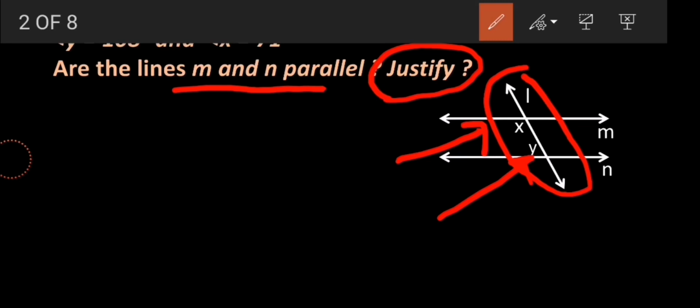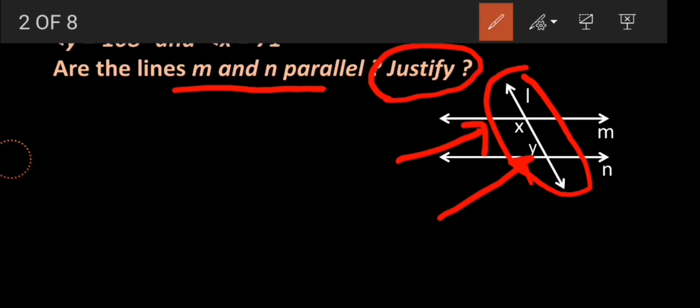Boys and girls, always keep it in mind, whenever I need to decide or prove the lines are parallel or not, then of course I'm going to utilize a test. That means interior angle test, corresponding angle test, or alternate angle test, depending upon the given details in the question. So presently over here, as interior angles are given to me, then of course surely I'm going to utilize interior angle test to decide whether lines are parallel or not.